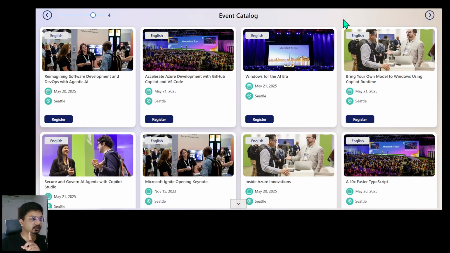The fourth option is showing the event catalog. So assume you are building an event management application where you are displaying all the events, images and everything, right? So how can you show it in an effective way? Because showing all the data in a table and row format is not good for this kind of application, because for the events we have the images, we have the location, so we need that kind of graphical representation for the users, correct? So this is the best way to showcase any event management application, or any application